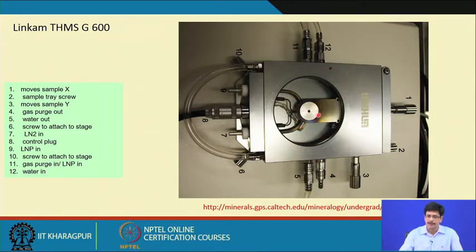So generally this kind of calibration is stored in the controller, and it can be periodically checked or reset to ensure that whatever data we are obtaining from these stages are correct and also reproducible. So with this little bit of idea on the instrumentation, there are other makes like Icemeca, which is a French heating freezing system that is also used in many of the research laboratories.